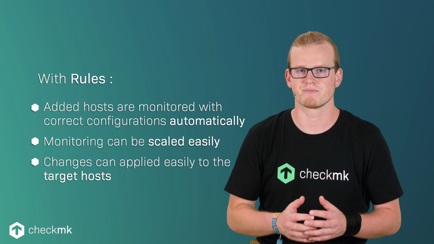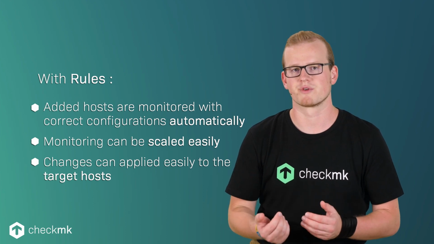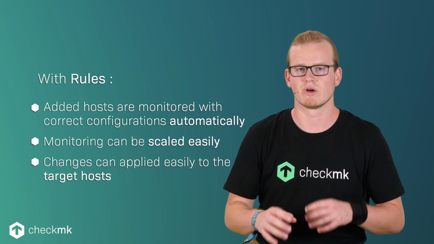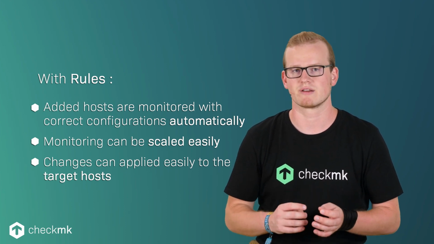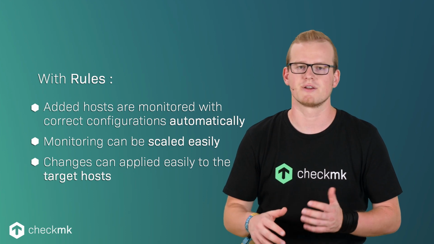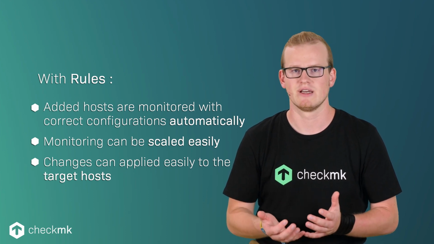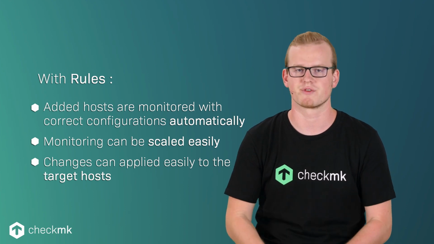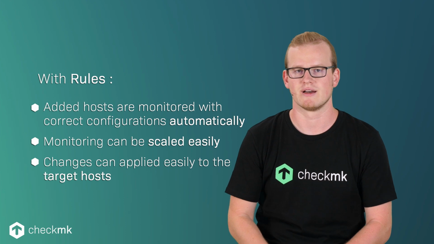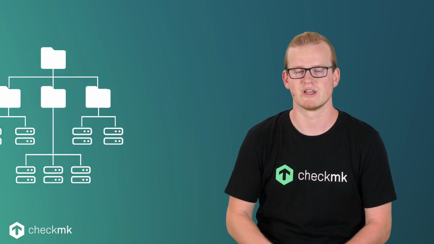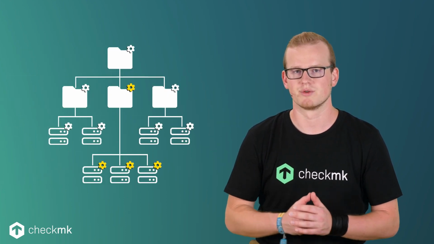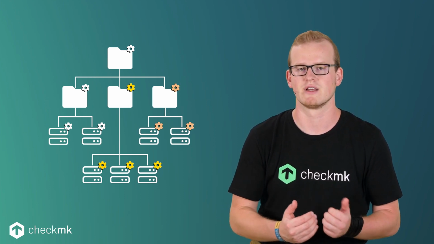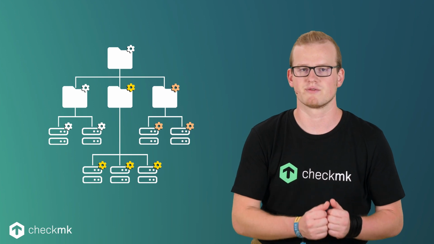Rules will scale there. You will always know what's going on from the rule, because if you look at the rule, you instantly can understand from the conditions which hosts will be targeted by that rule. And they can also be easily changed and updated if anything needs to be changed because of some infrastructural changes, for example, some policy changes. It's always possible to easily change those rules. And also you can overwrite rules down the tree if there's a change in a certain department or with certain devices. You can easily overwrite settings of one rule.